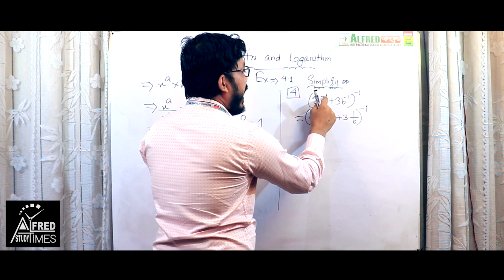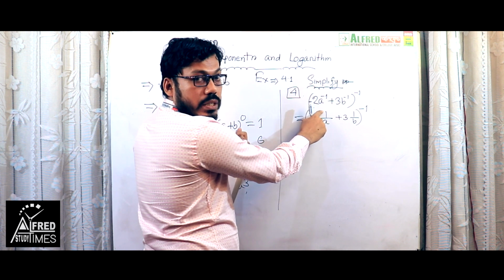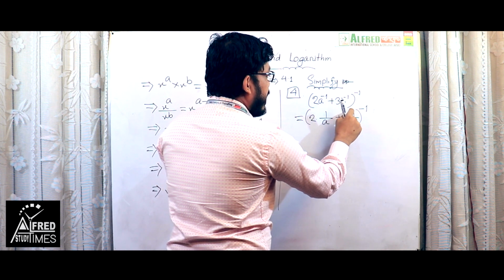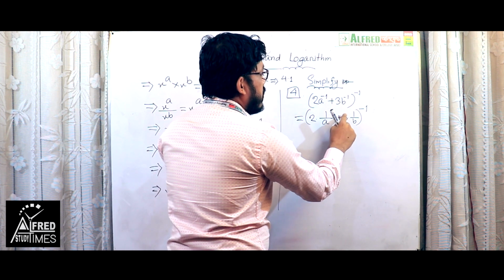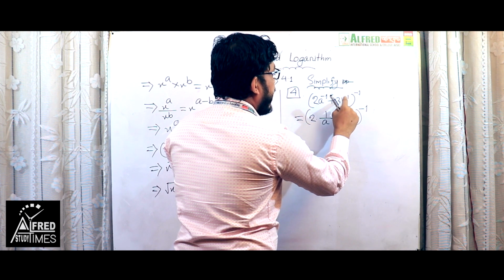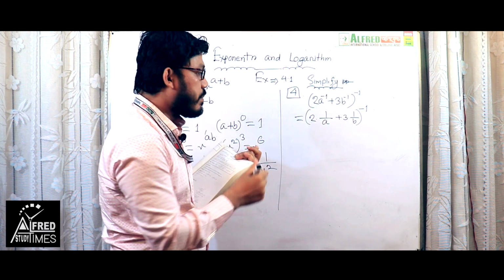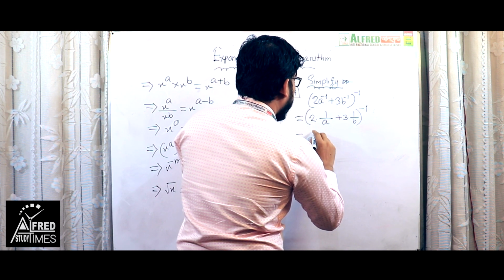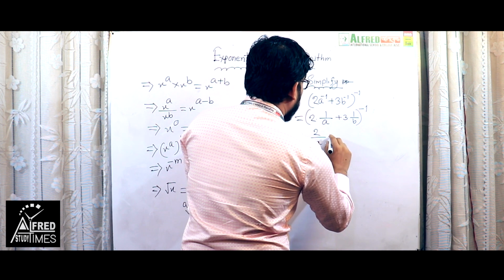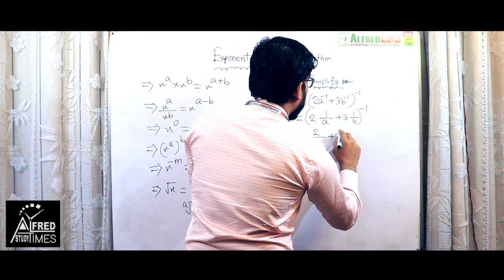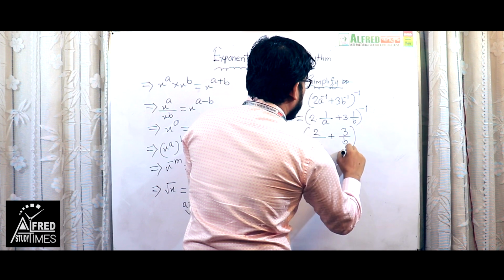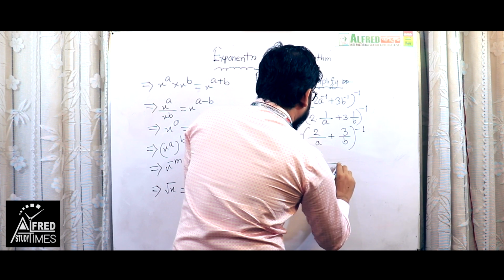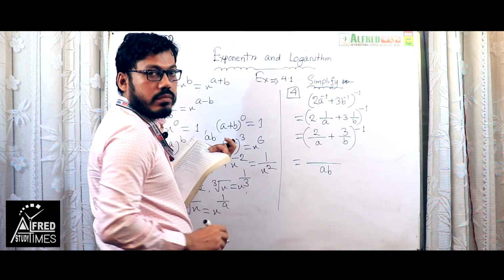So there is a minus power with base a. We have to express 1 by a at first, and then in the same way we have to write 3 into 1 by b for having a minus power with the base b. Now multiplying 2 with 1 by a at first, next multiplying 3 with 1 by b, but we have to keep the whole inverse 1. Next we can apply